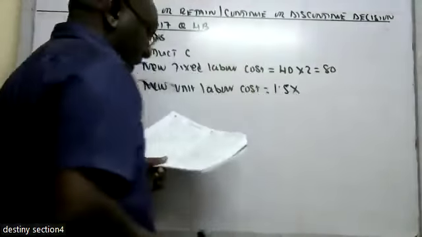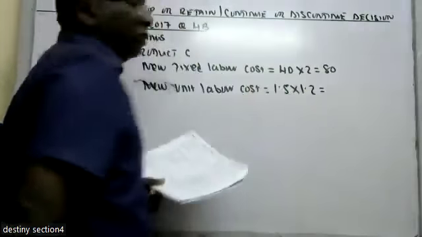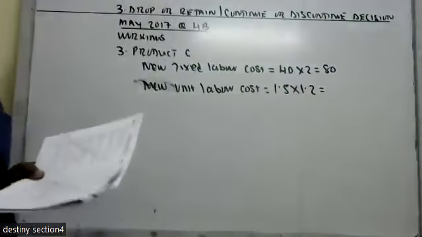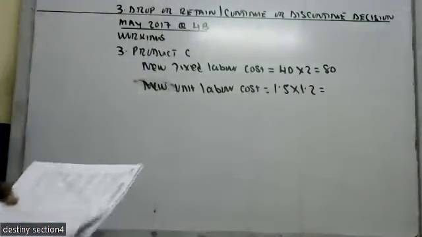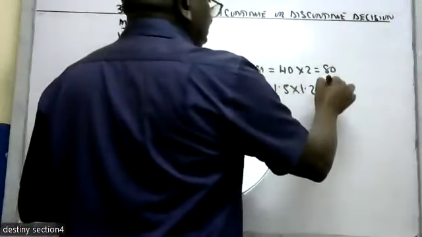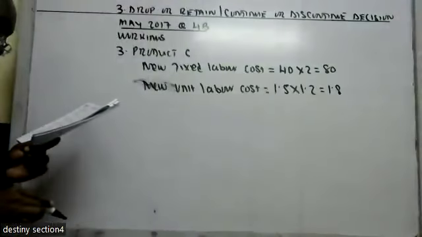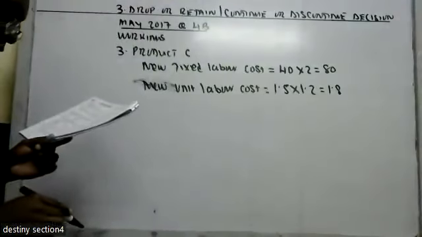So say 1.5, you multiply by 1.2. You do it for 1 unit. You have what? 1.8. The next thing tunaambiwa the selling price would increase by